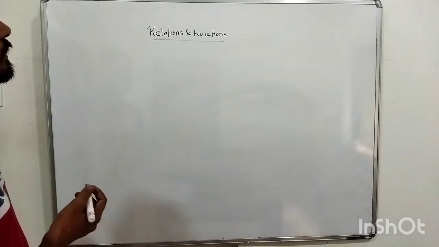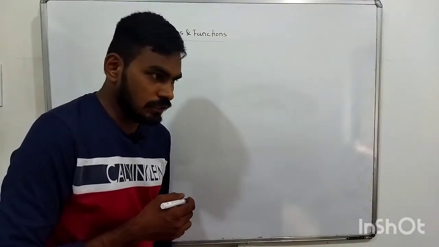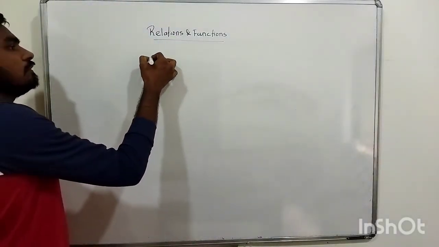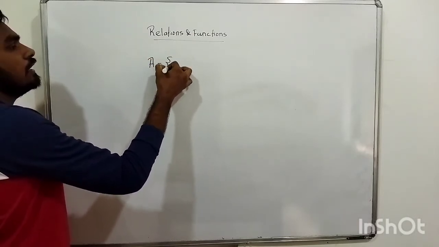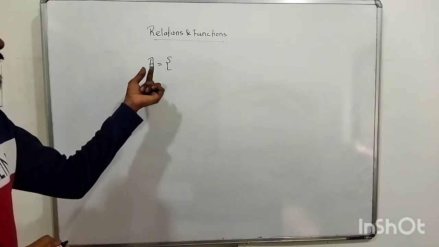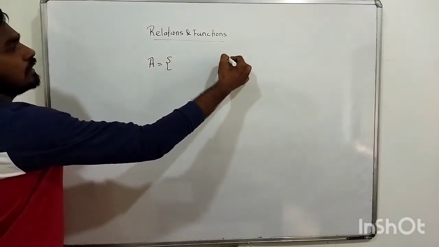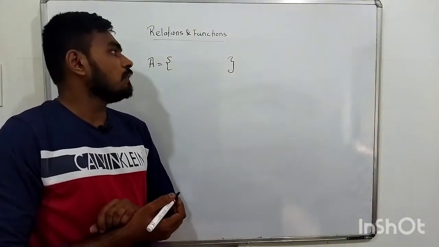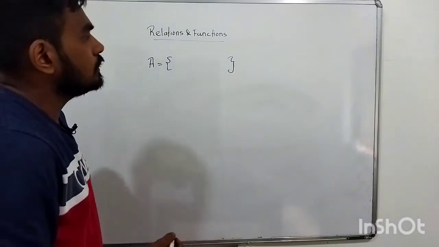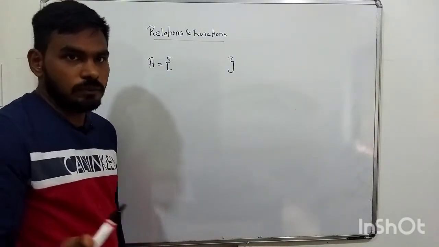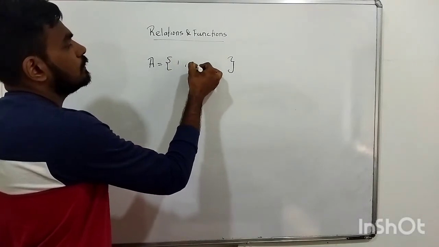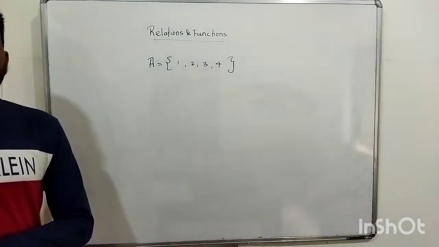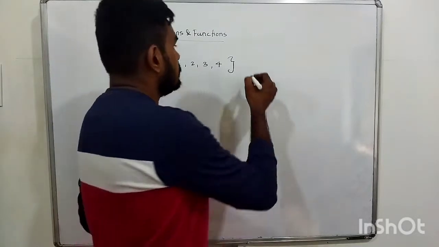For example, if you are asked to write a set of natural numbers less than 5, what do we do? How do we denote it? First of all, we write a capital letter A to denote that set. We write equal to, and then we put curly brackets, and inside this we write all the elements. So the set of all natural numbers less than 5. Which are those? Obviously 1, 2, 3 and 4. So here 1, 2, 3 and 4 will come. Okay. So these are the elements. This is the roster form. Okay.